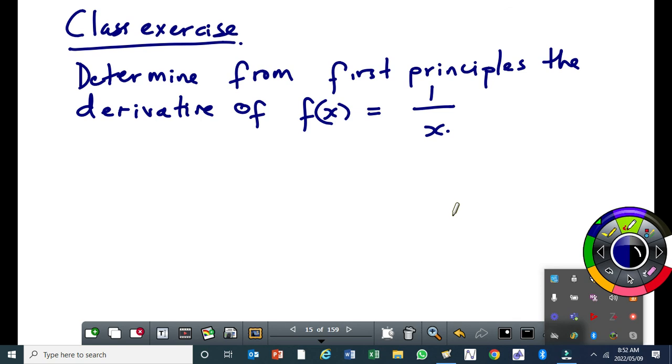If you found f of x plus h, it is 1 over x plus h, minus then